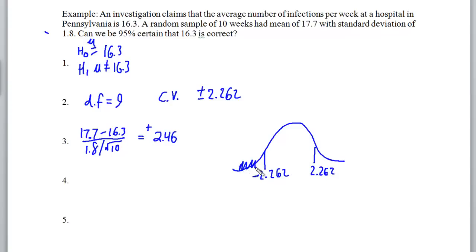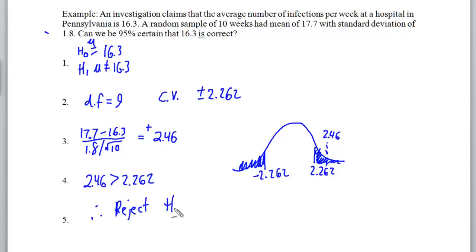So our question is, was our test value inside either of these critical regions? And the answer is yes. It was over here at 2.46, which is higher than 2.262. So 2.46 is greater than 2.262. Therefore, we are going to reject